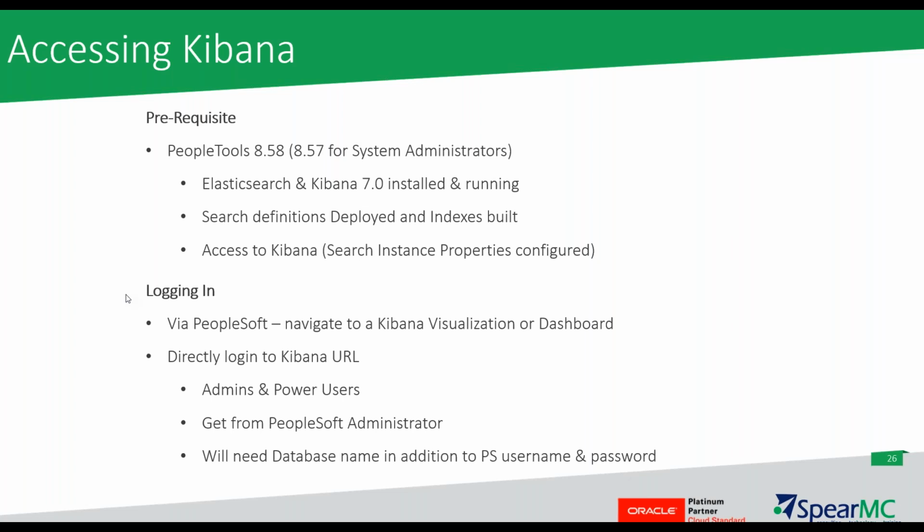So accessing Kibana, the big thing with the application data is that we need to be on 8.58. As we saw in the poll, a lot of people are on 8.57 or 8.56. Those that are on 8.57 will be able to utilize the system metrics and performance data that was delivered with Kibana there. Hopefully 8.58 is on your roadmap. We recommend that you do selective PUM updates within a given year, and then you do a get current every 12 to 18 months max. And we're actually starting this process at one of our managed services clients in the next month or so. I'm happy to say Kibana was one of the deciding factors in getting that project approved.